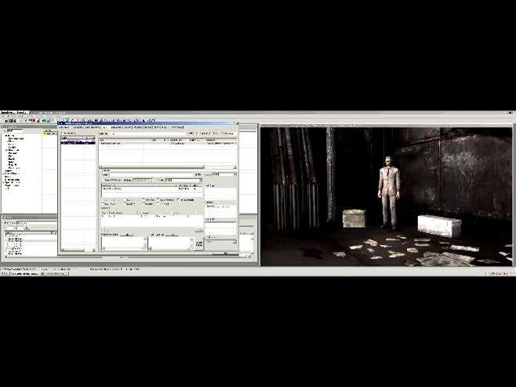Alright, so that's one way to make sure that the conditions are going to be